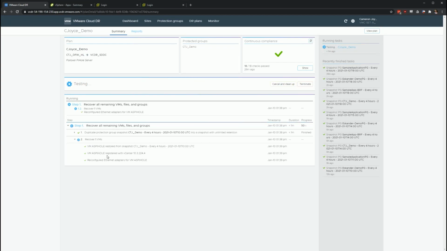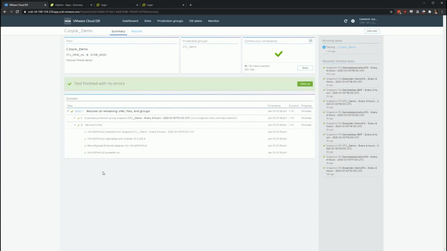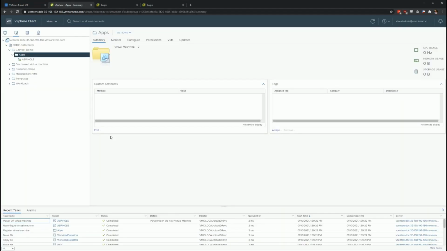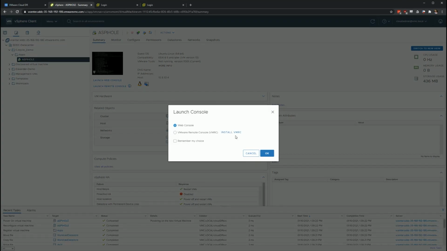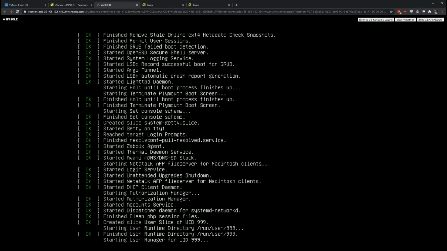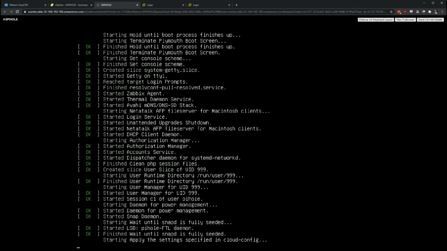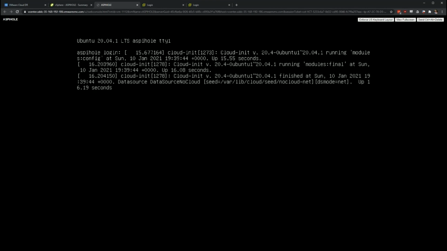We're reconfiguring. We're doing all of our steps. And now we've got a VM powered on, and we can come over here and we can validate that my Pi-hole server is powered on. And we'll launch the web console. And we can see that it's up. And then if I log in here,